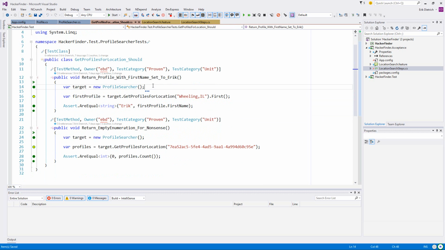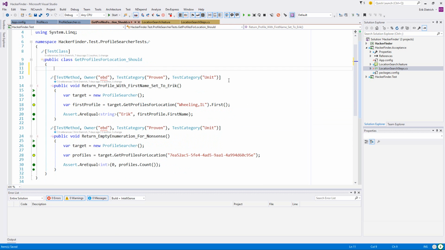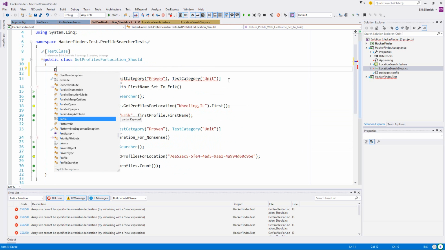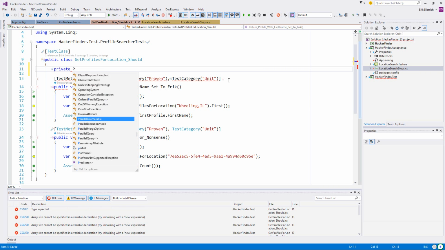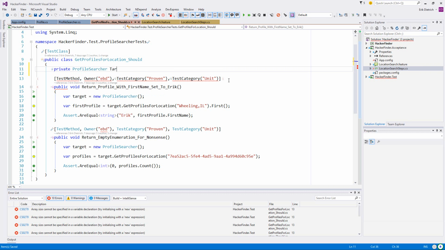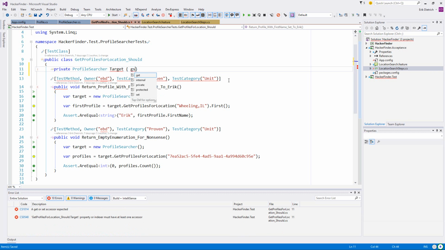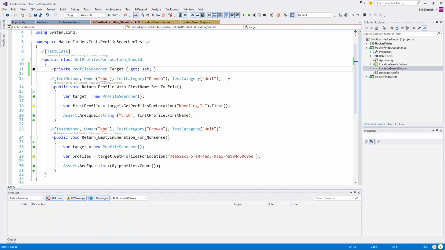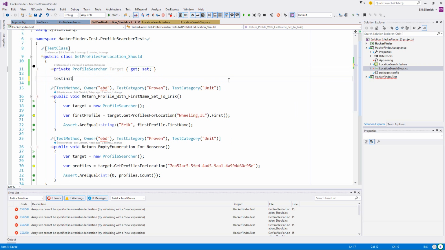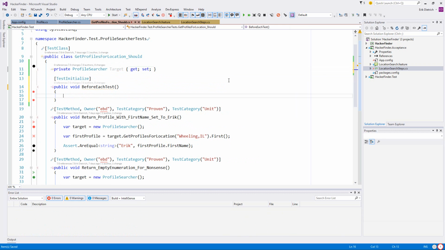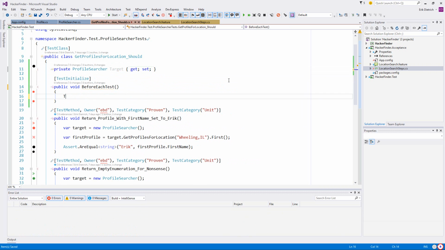These tests look okay, but I can eliminate a line of code, and whenever I can, I tend to do that. So I'm going to say private profile searcher. I'm going to declare this target here as a class level field, and then I have this CodeRush shortcut set up in which I say